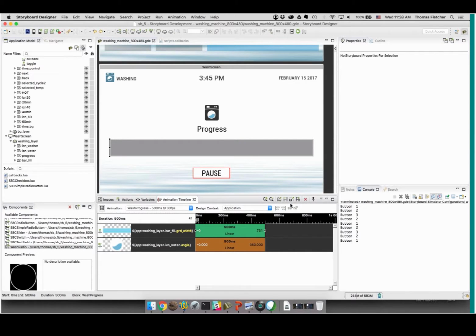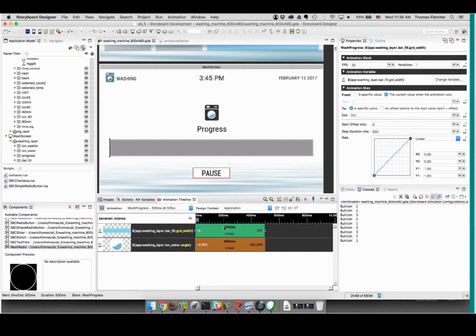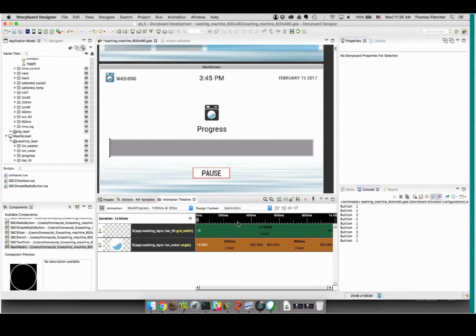Maybe let's take this guy and make it a second in duration. And actually, the other thing I'd like is for my wash to agitate. You know, you're looking at a washing machine. It kind of goes one way for a little while, then goes the other way for a little while. So let's take our rotation here, and I'm just going to double-click to clone that block across. Right. So now I've got 2 blocks,